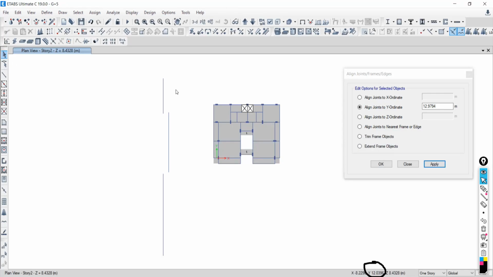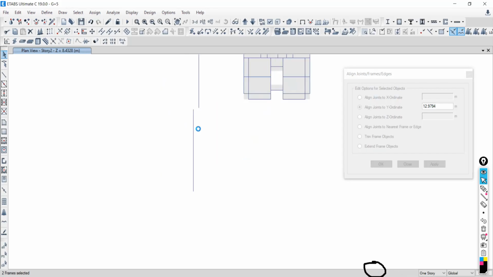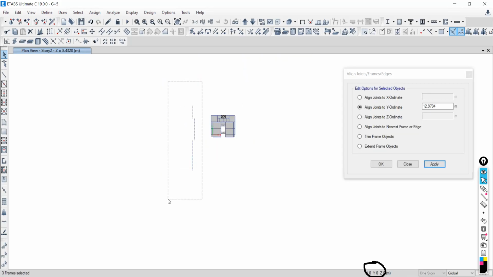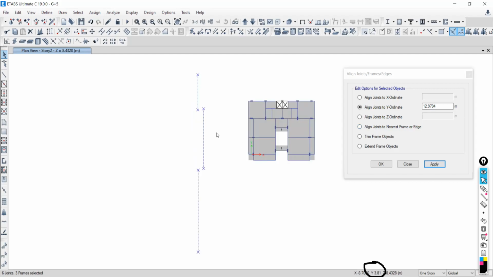First select the frames, and the joints also you have to select. At this time we need to look at the x-axis ordinate. First decide which point is the correct point. Suppose this point is my correct point. The x ordinate is minus 10.3632.